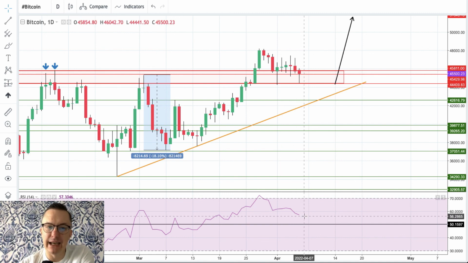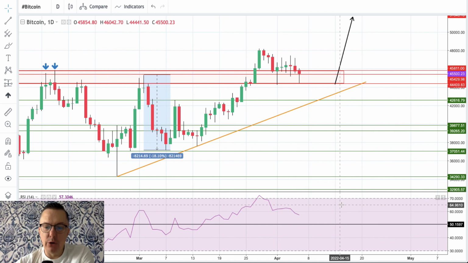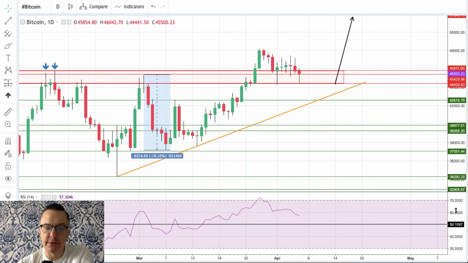The momentum doesn't help on Bitcoin as well, because it's falling towards the level of 57. It's still strong momentum, however it's not that strong as above 60 or 62. Then of course this momentum is very strong, and it's getting closer and closer towards the level of 70, which is extremely strong, and it marks the extremely overbought market conditions as well.